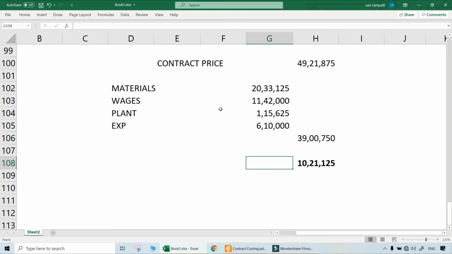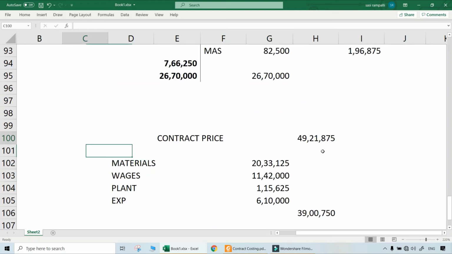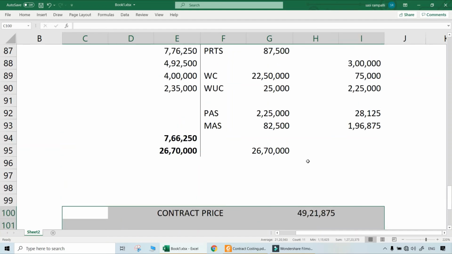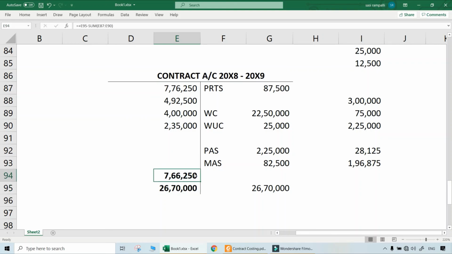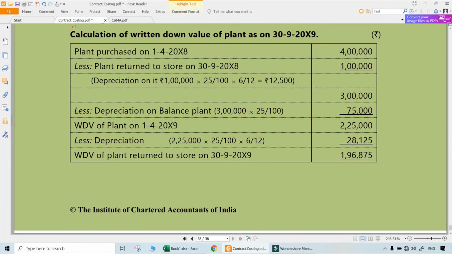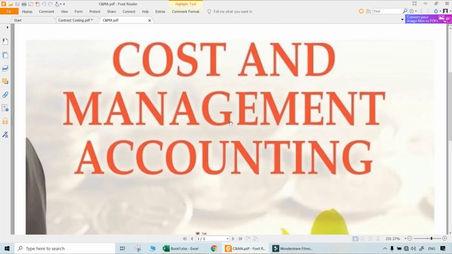How much of this to be taken to the P&L account and all, in general is not required, because first of all this is not real profit, this is estimated profit. This is notional profit. Here also the entire amount cannot be taken. How much to be taken will not be decided in costing, that will be decided in Accounting Standard 7. So that is the point to be noted. With that, we can conclude this contract costing as well.